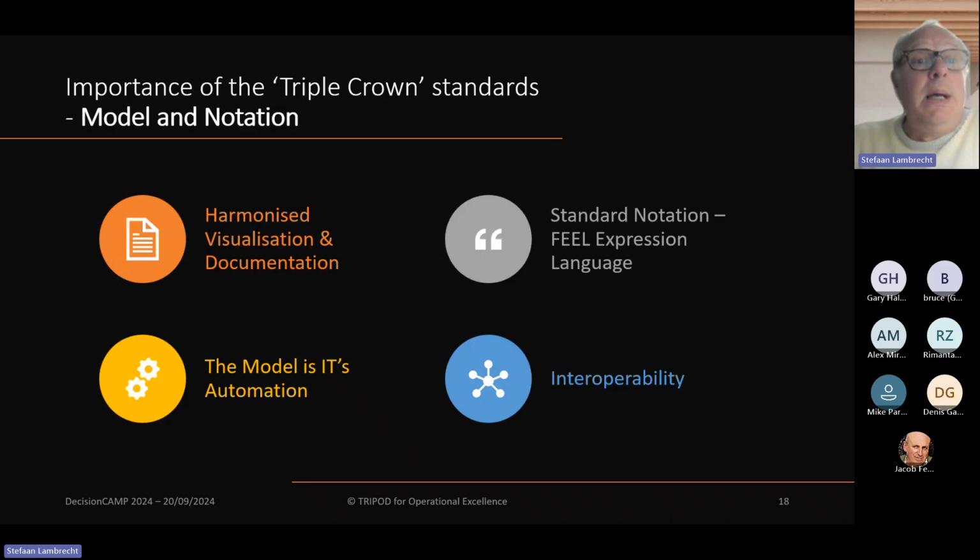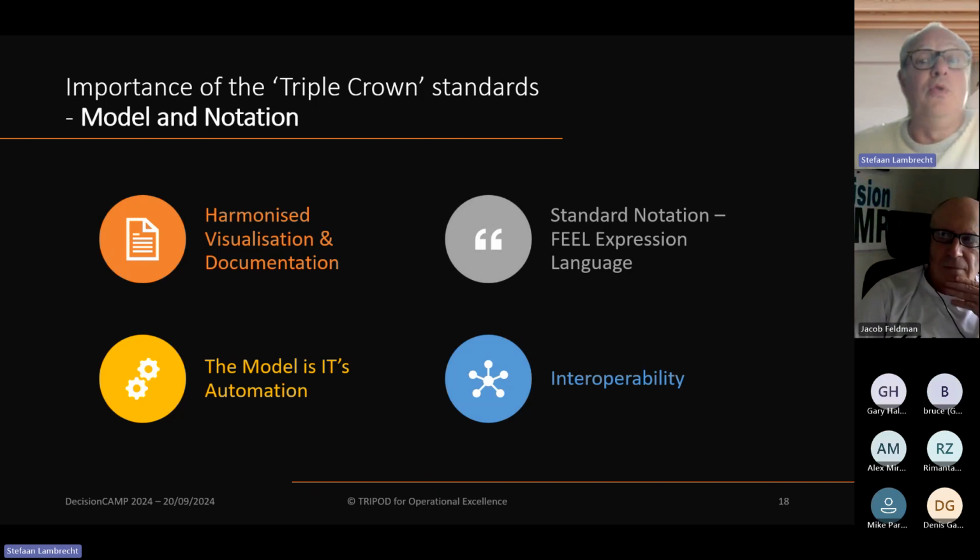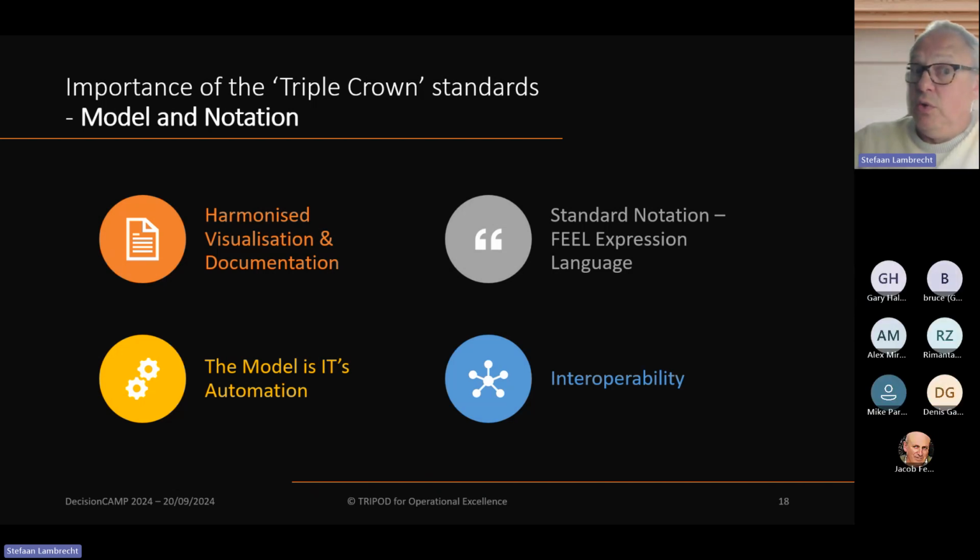Okay, so I'm practically at the end of my presentation here, and I hope that I have demonstrated using this business case that, in fact, the Triple Crown standards, DMN, BPMN, and CMMN, have the potential of really offering a lot of added value to organizations to really meet the challenges like the one at the bank in terms of compliance with regulations, etc. And that they can do that by giving the steering wheel to the business.